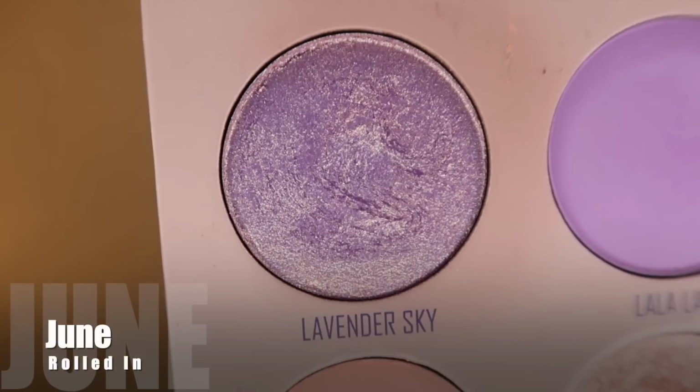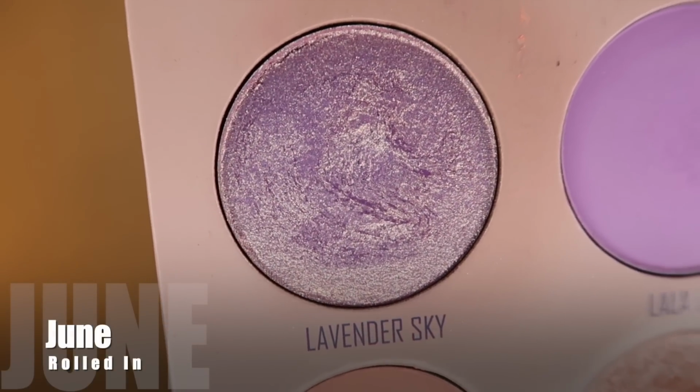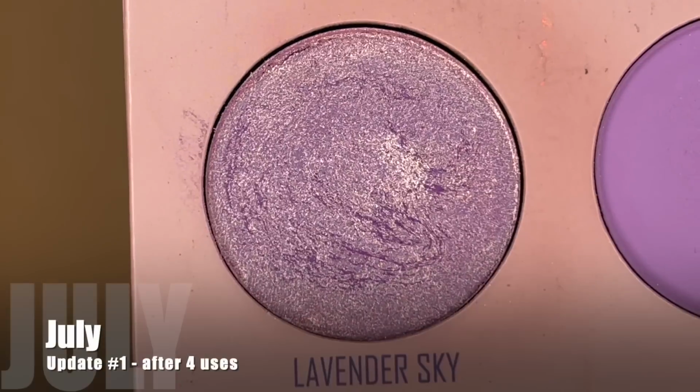Maybe it will look different on the camera. I can't really look at it while I'm filming it, but let me know what you think. All the same, it's still a beautiful shade. It's just not the lavender that I wish that it would be, but we're still having fun reaching for it. So here's what Lavender Sky was looking like when I first brought it into the project last month. I was only able to reach for it 4 times this past month, and here's what it's looking like today